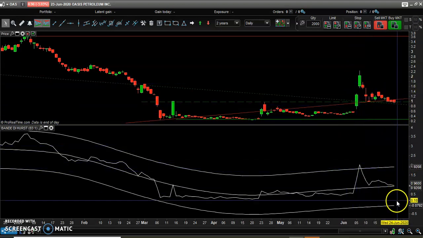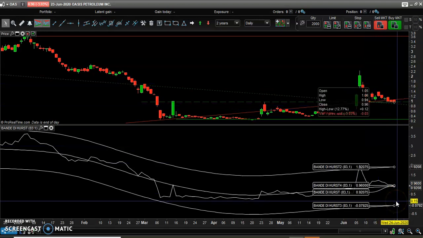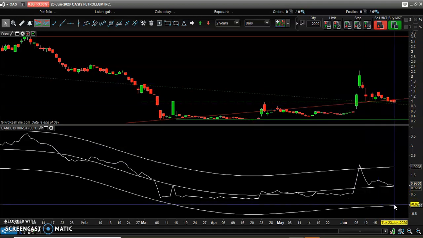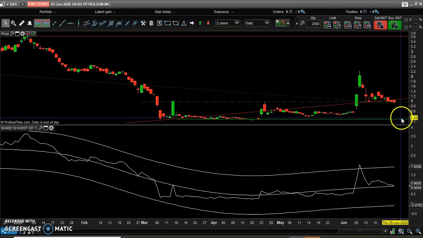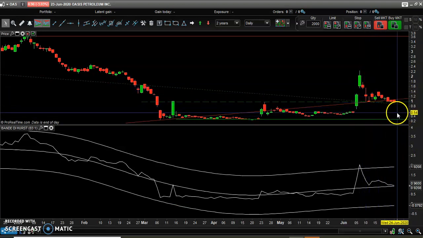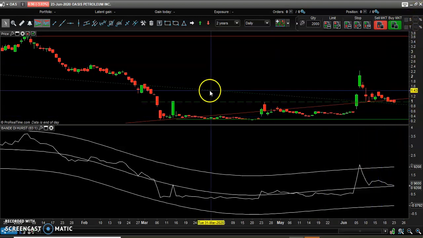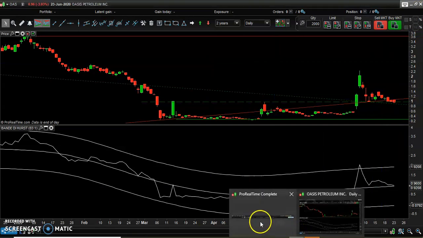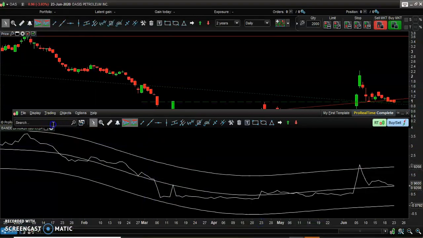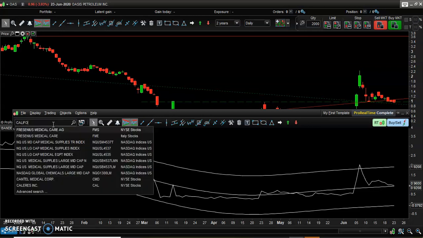Okay, so this is a stock where you don't want to go long unless it hits the lower band. In this case, the lower band passes around 0. So this is the ultimate support, and it seems the price is going to hit the support around 0.20. So again, this is a stock that you should trade more on the downside rather than on the upside. Okay, now let's check California Resources.